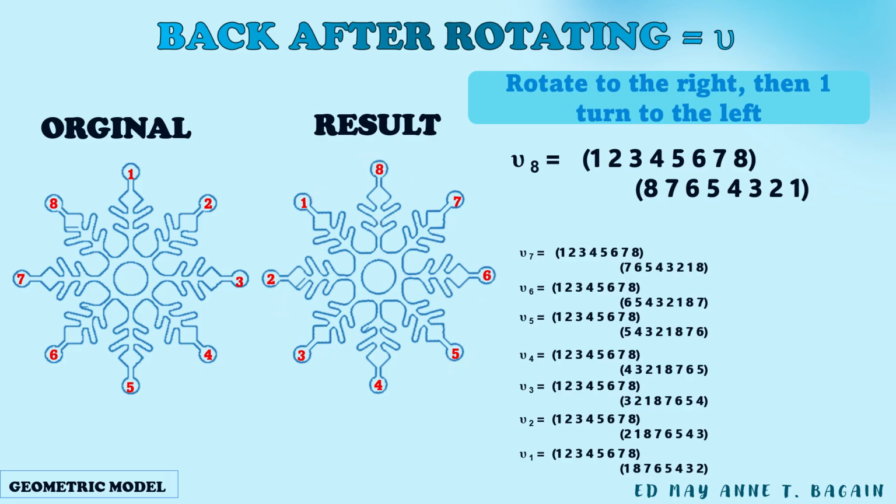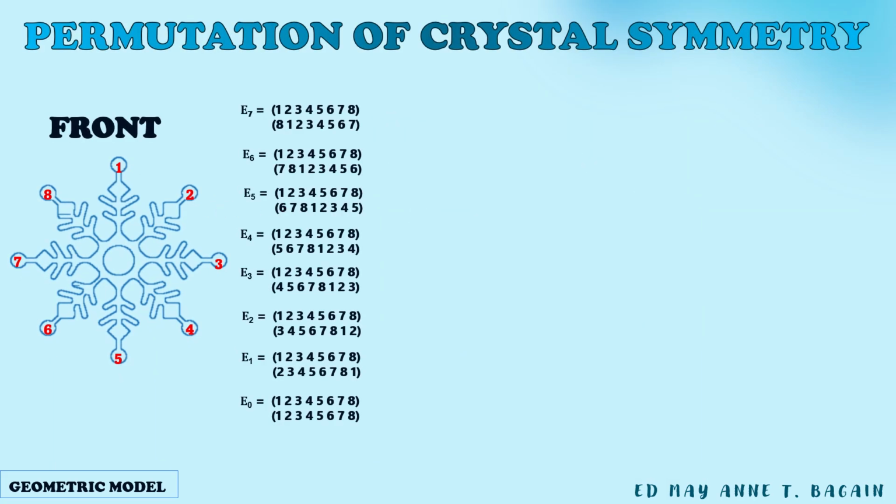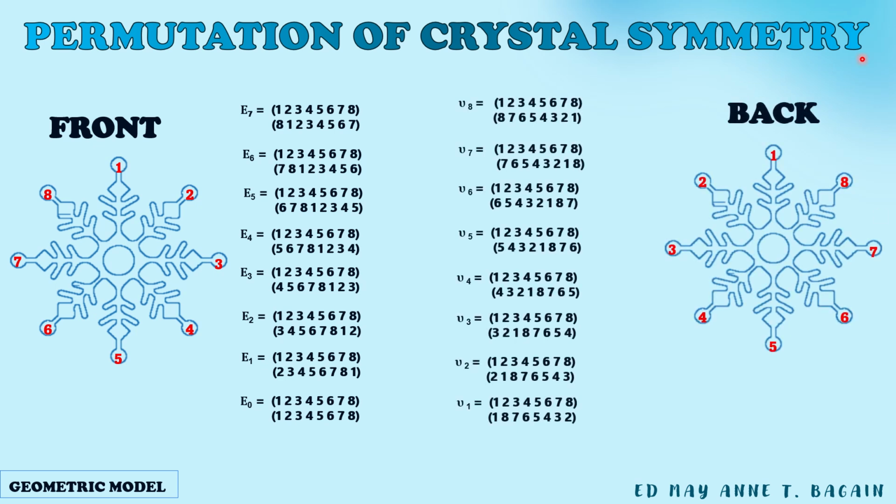So those are the movements for everything. As we can see, here are the front and here are the back. From 0 to 7, from epsilon 1 to epsilon sub 8. Now that we know the permutation moves of crystal symmetry for front and back, we will now be completing